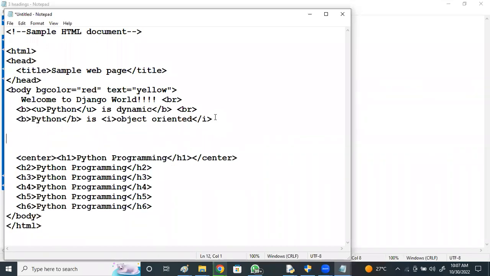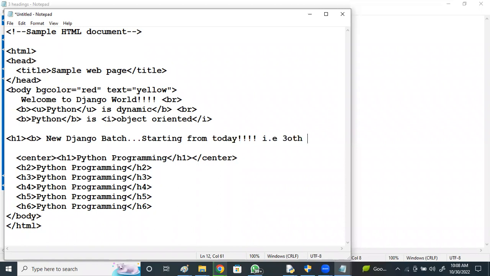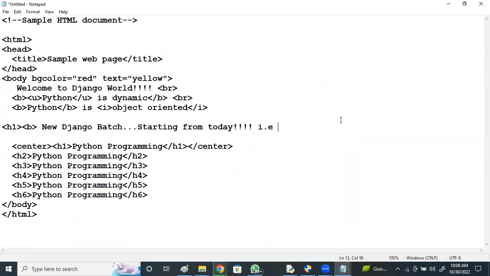Observe here. I'm using H2 or H1 in bold: New DJANGO batch starting from today, right? Just keep this in marquee.